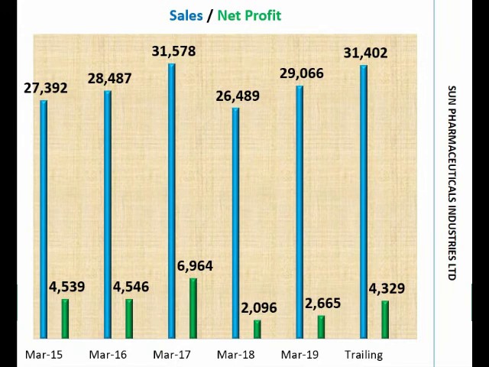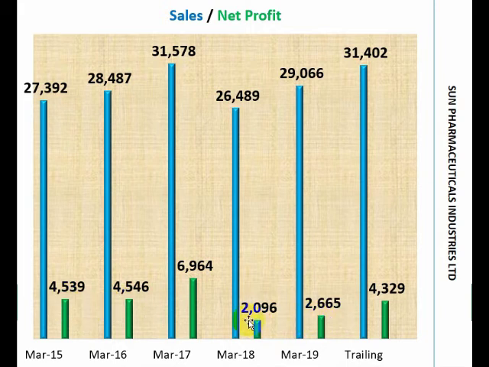The net profit should be increasing gradually over the years, which would suggest that the company's earning capacity is increasing every year. Here we see quite a fluctuation, as we saw earlier in the profit before tax and in sales also. So there is the same kind of trend here as well, where the net profit, indicated in green, was increasing till March 17 and then dropped quite substantially to 2000 crores, way below where it was in March